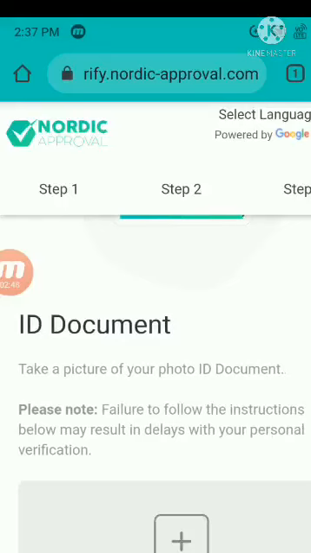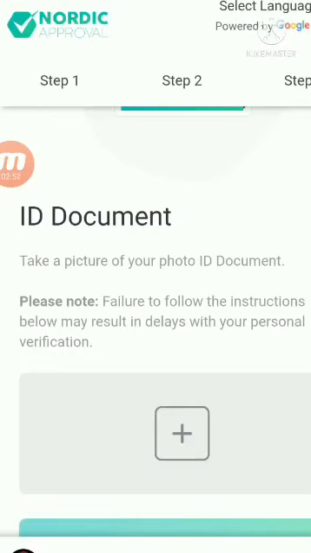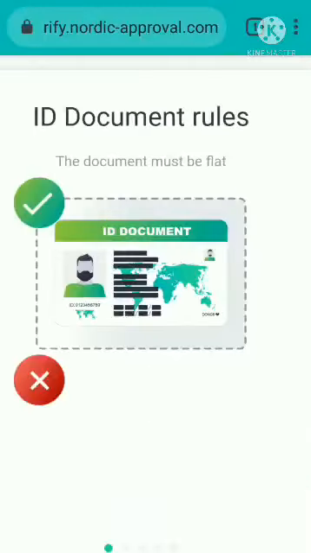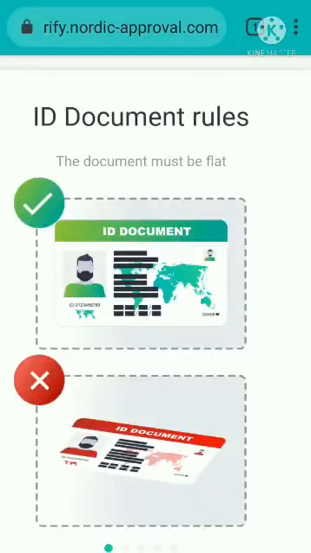So they are asking me to put the ID document. So first I am going to do the ID document. So I press on the plus sign. Now these are the rules that they are showing. The ID document should be flat,